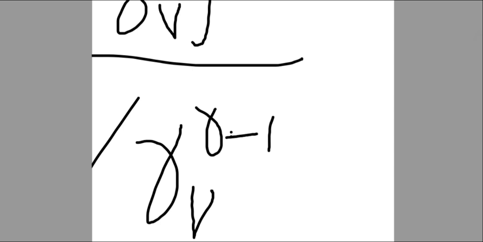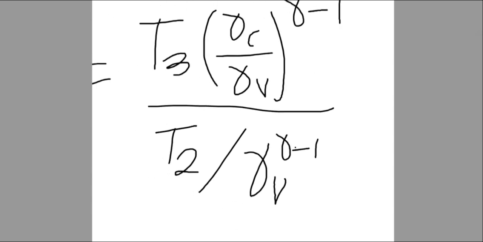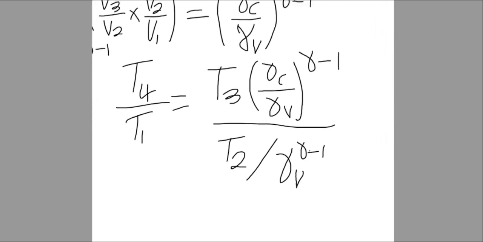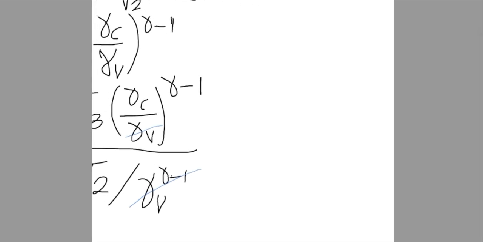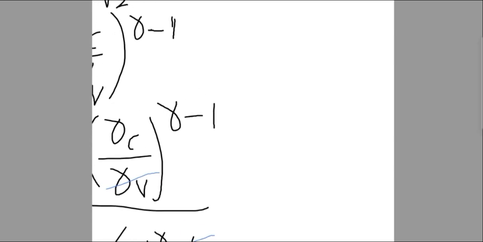Gamma minus 1. So that is what is happening there. Now that is it for that, and we are just going to do a little bit of cancelling here. If we simplify all of this, this here would cancel what is under here, and we also know that our T3 over T2 is equal to our cutoff ratio, which is gamma c. If we simplify all of this, it is going to give us,